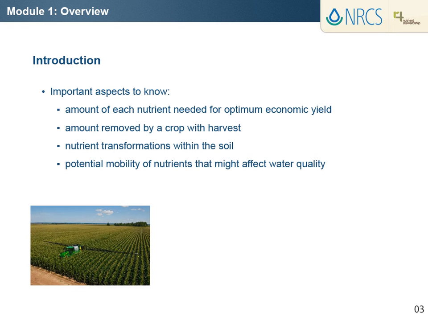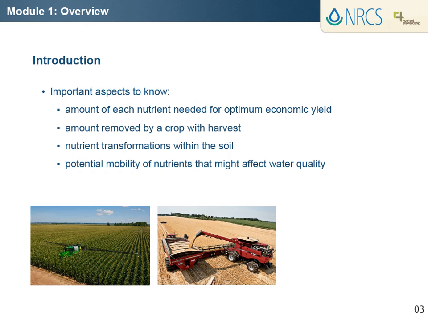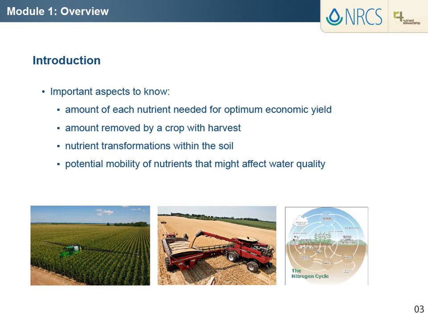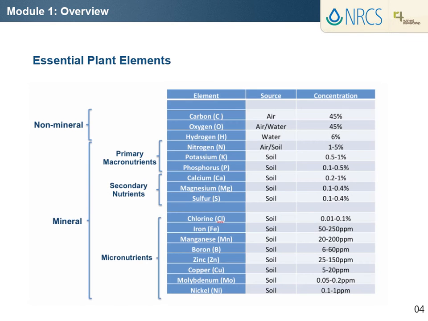For nutrient management, it is useful to know the relative amount of each nutrient that is needed for optimum economic yield and the relationship to amounts removed with crop harvest. It is also useful to know the nutrient transformations that occur within the soil and the potential mobility that might affect the environment. 3 elements, carbon, hydrogen, and oxygen, are non-mineral nutrients because they are derived from air and water